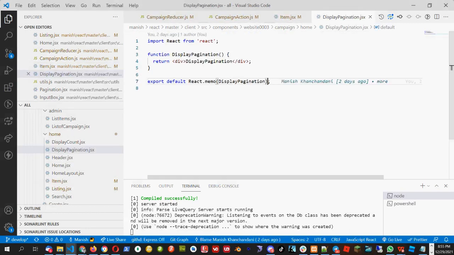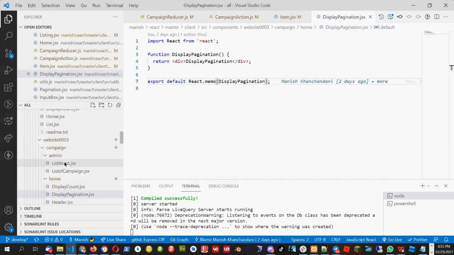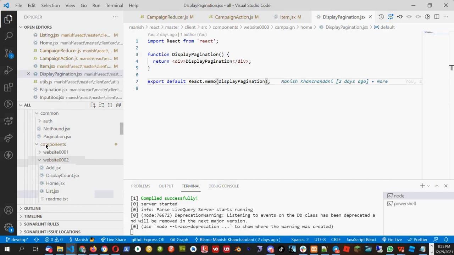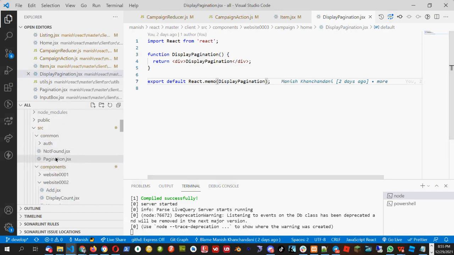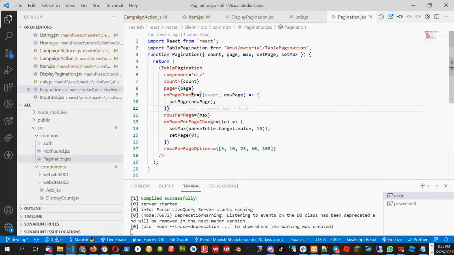Let me work on this part first. So we are in this display pagination. We already created one pagination component in the common, that is this one, and I need to call that common component pagination here in this page. So this is the one which I created, pagination.